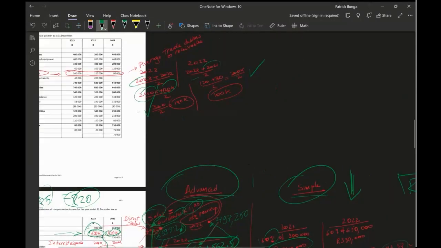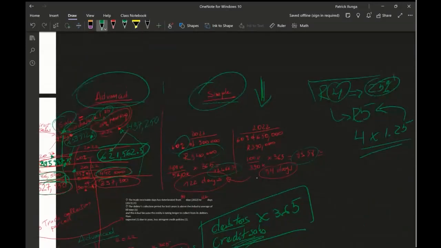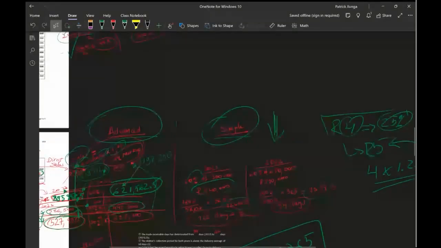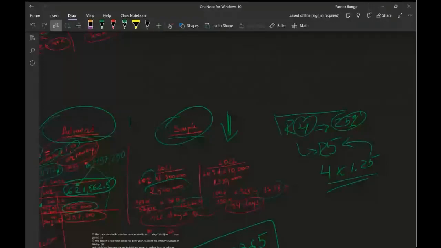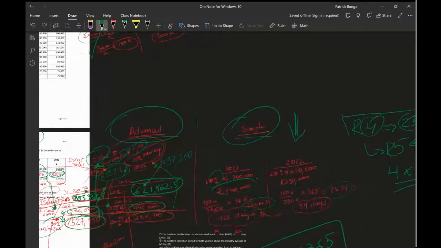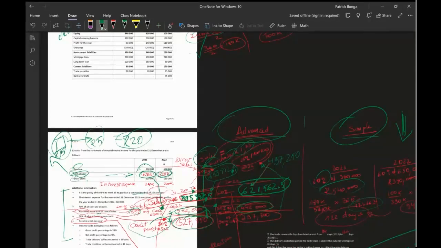Okay, straightforward. The majority of the class did it and passed. So 180 divided now by this 540. What is the 540? It is the credit sales. Credit sales, I repeat, credit sales. It's 60%. 40% was cash, 60% was credit. So 60% of 900,000. 900,000 was your revenue for 2023,